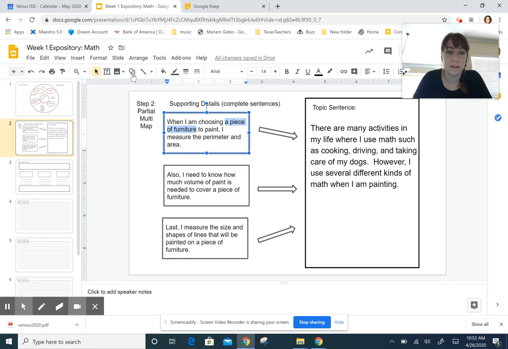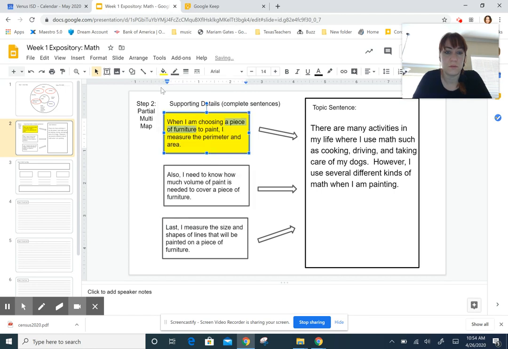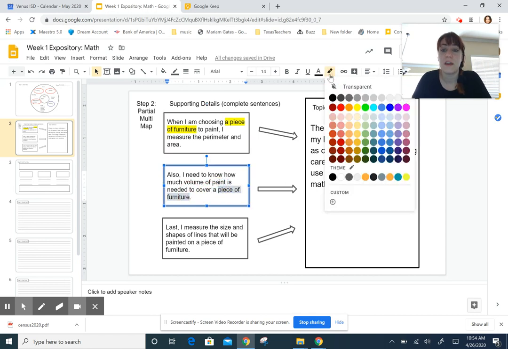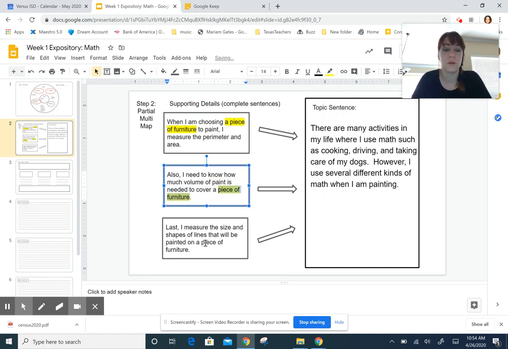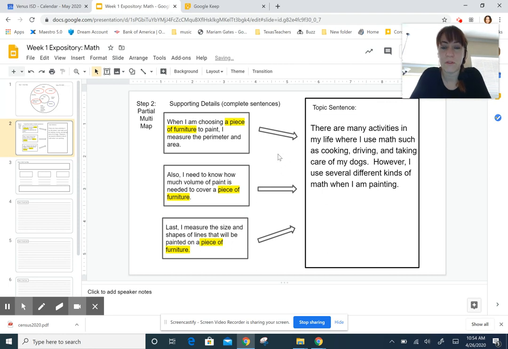So I'm going to go ahead and highlight this because I need to be aware that this is going to, that's not what I wanted to do. Let me undo. I want to make sure that I am going to be changing this to something different. However, for my rough draft, that is fine. You don't have to have everything perfect when you get your rough draft. You're just trying to get your ideas on paper, and then that's what the revising process is for. That's where you can go back in and say, I need to change that to something else, make it more interesting, and then